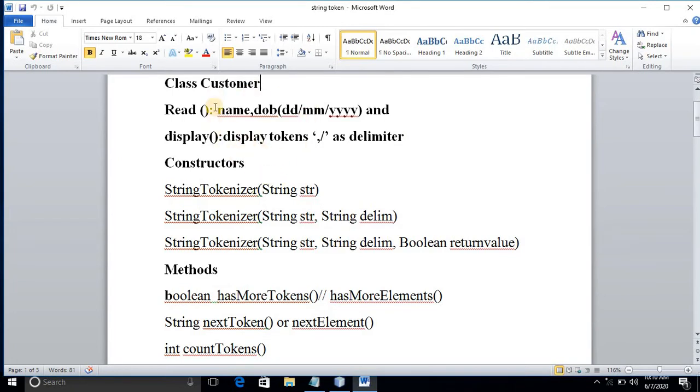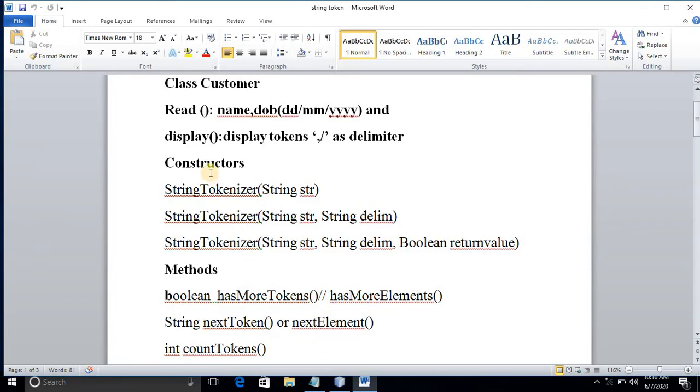Okay. So before going to the program, first we'll understand a few concepts. First we'll understand what is StringTokenizer. Before that, what do you mean by a token? A token is the smallest unit of a meaningful word.